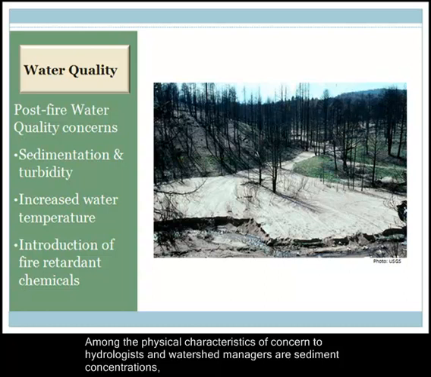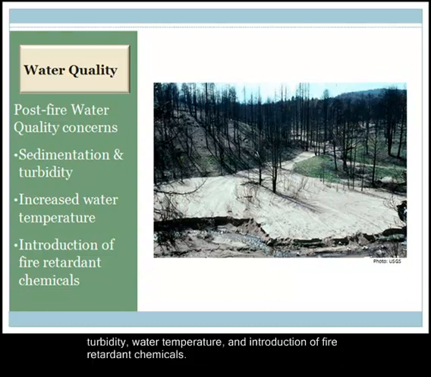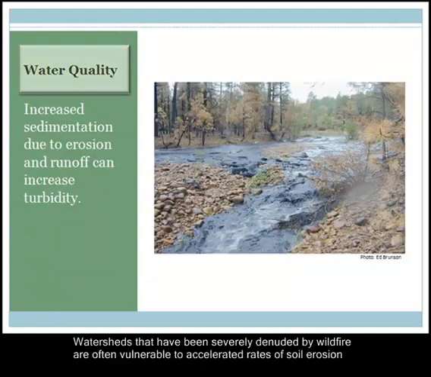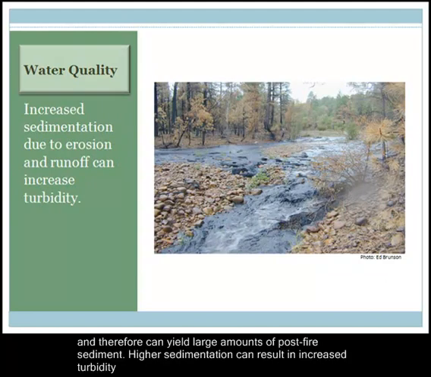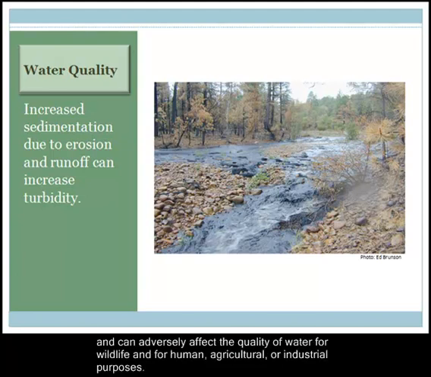Among the physical characteristics of concern to hydrologists and watershed managers are sediment concentrations, turbidity, water temperature, and introduction of fire retardant chemicals. Watersheds that have been severely denuded by wildfire are often vulnerable to accelerated rates of soil erosion and therefore can yield large amounts of post-fire sediment. Higher sedimentation can result in increased turbidity and can adversely affect the quality of water for wildlife and for human,